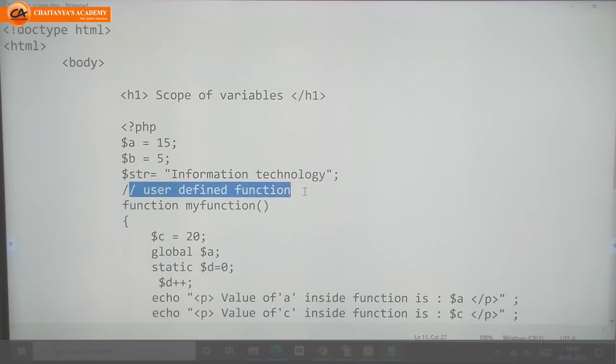This line will not make any change at the time of execution. PHP comments or JavaScript comments or HTML comments do not have any role at the time of execution. Then why do we use comments? We use comments just for information purposes.